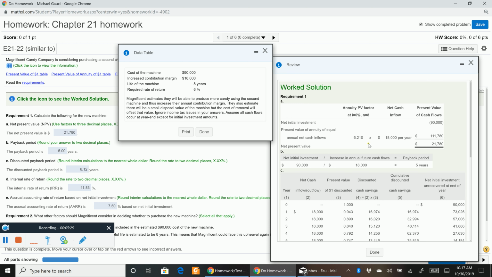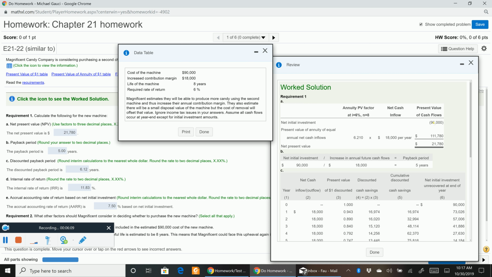So if I take the 6.21, multiply it by $18,000 a year, I get $111,780. That is basically the same. So if I got $18,000 every year for 8 years, I will receive over the 8 years a total of $144,000. But that would be the same as receiving $111,780 today. What we've done is we've converted the future cash flows of $144,000 into the present value, which is